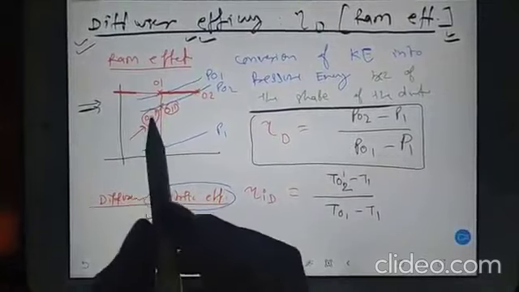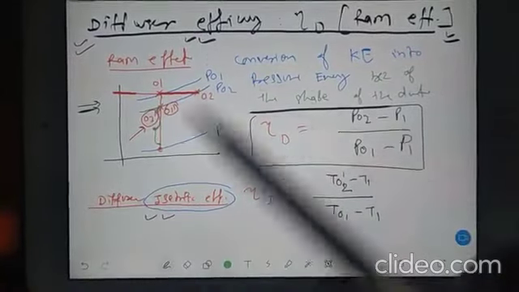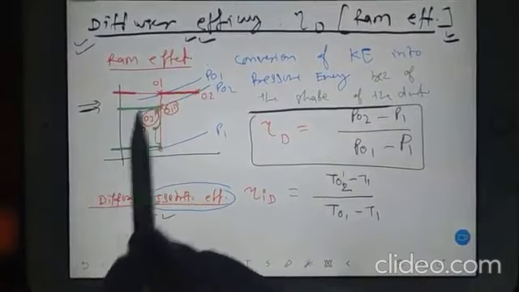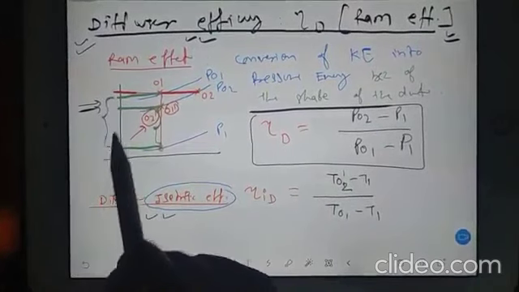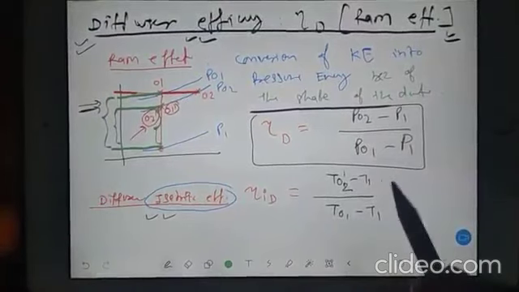And again, remember the trick: a smaller gap in the temperature axis. You can see the temperature axis is here. This is your bigger gap and this is your smaller gap. So I am dividing the gaps.